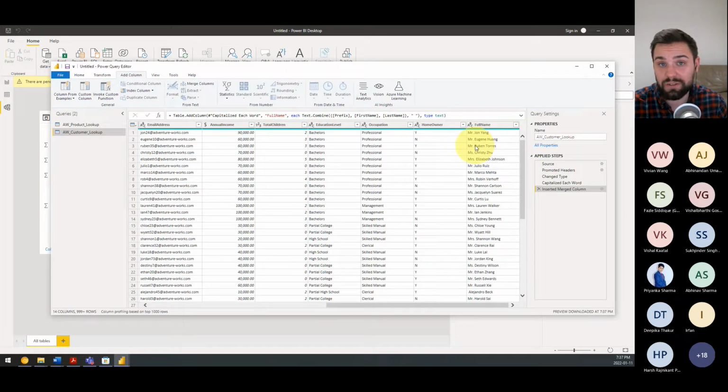We still have our old individual first name, last name columns, as well as the full name column. Okay, and notice the step on the right here, inserted merged column. Well, originally this would have been called merged column, but I renamed it to full name. We can actually change this so it's a more meaningful applied step, because I might not remember what that does if I come back to this next week. And I'm like, what does insert merged column